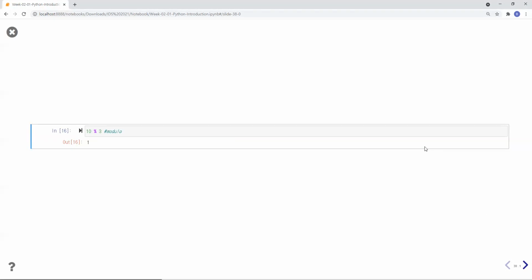We have the modulo. What is modulo? Yeah, if I run this, you will get the remainder. Okay, remaining value. So we have the 10 divided by 3, and the remaining is 1, or we call the remainder in Korean is namoji. Okay,